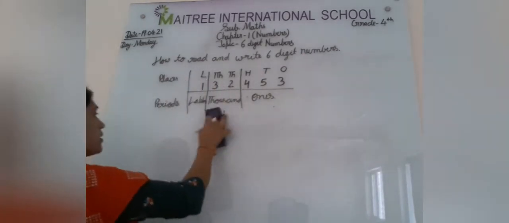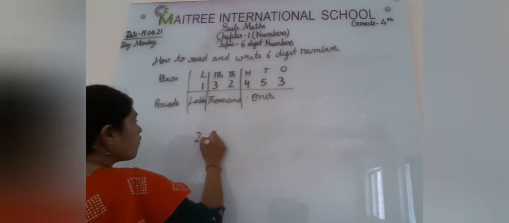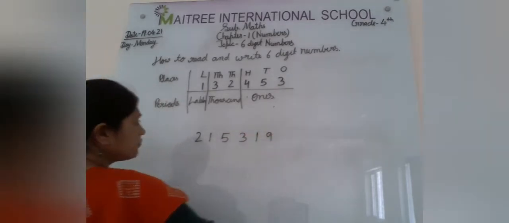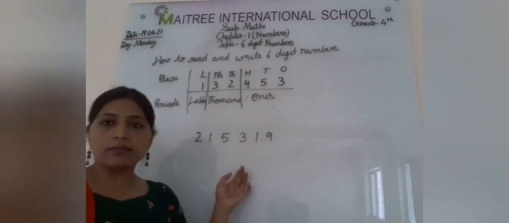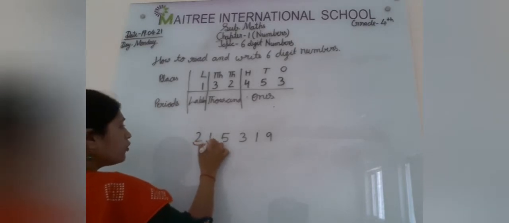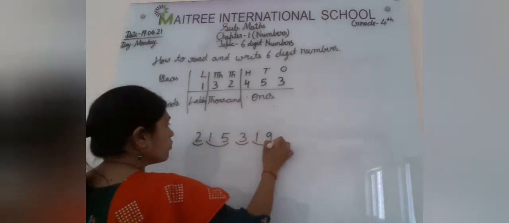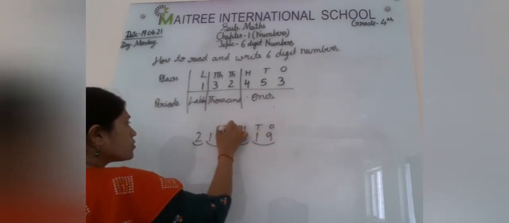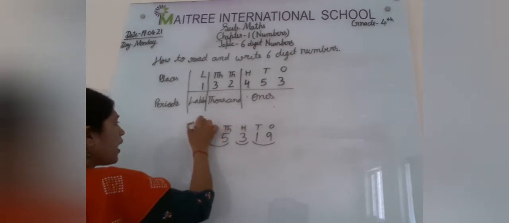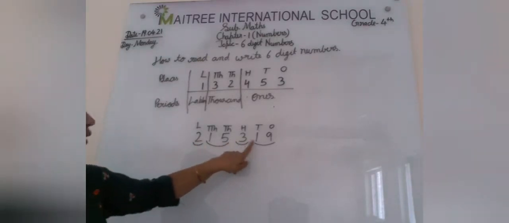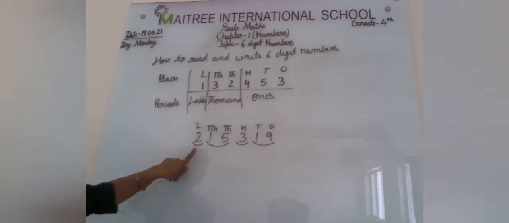So the next number, I am writing it here. Again, if I ask you which number it is, how will we read this? Again make the groups of 1 2 1 2. I am mentioning their places also: ones, tens, hundreds, thousands, 10,000 and lakh. Again I am making groups of 1 2 1 2. Now let's read this single number.